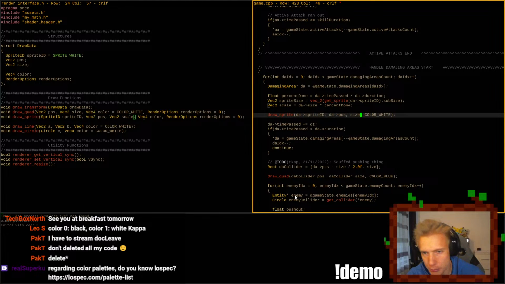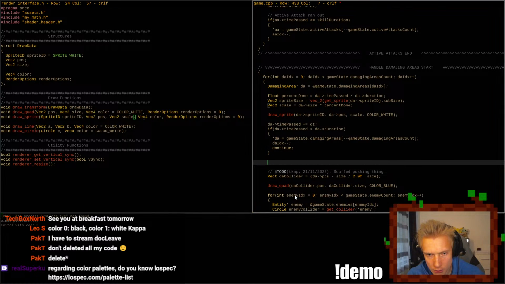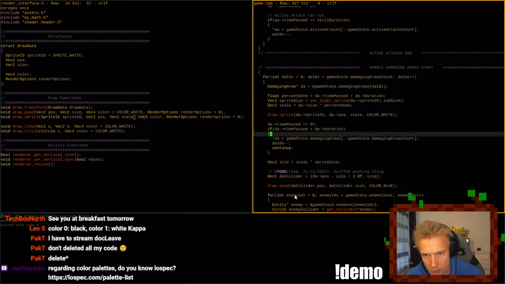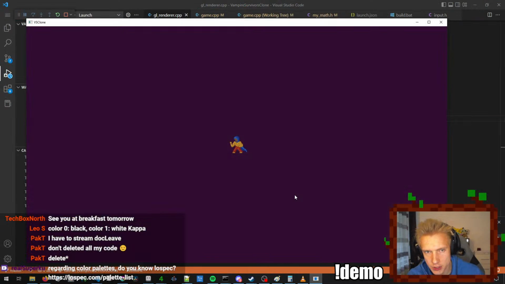Let's label it as a scale, put it here, and then we use the scale. We can get the sprite size down here. Building completed. I think that's better. Let's see if that works.